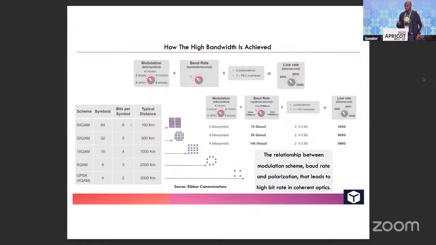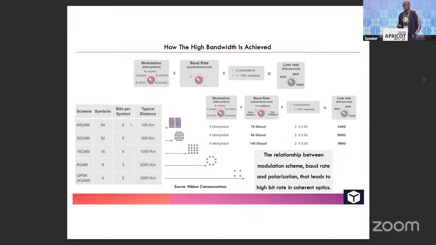The higher modulations get you more capacity, but then, as you can see, if you look at 64 QAM, 32 QAM, 16 QAM, 8 QAM, and QPSK, you can see that the closer the symbols are together, the more difficult it is for the decoder to see it on the other side, which means the chances of errors are much higher. So with a higher modulation, you're going to compromise distance, but you're going to get a lot of capacity. Versus with a low modulation, you're going to compromise capacity, but you're going to get a much